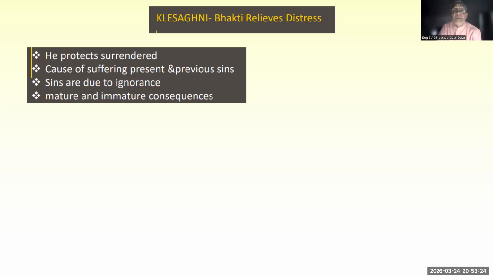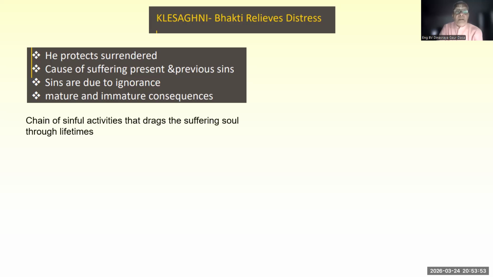We will talk about the sin cycle afterwards. That sin, when it is mature, becomes manifest and we suffer. The misery is there. When it remains hidden or concealed, it looks for the opportune moment, and when it matures, it becomes manifest again and we suffer. So this is prarabdha. When manifestation has occurred, it is prarabdha, and when it is still in immature form, yet to manifest itself, it is aprarabdha.